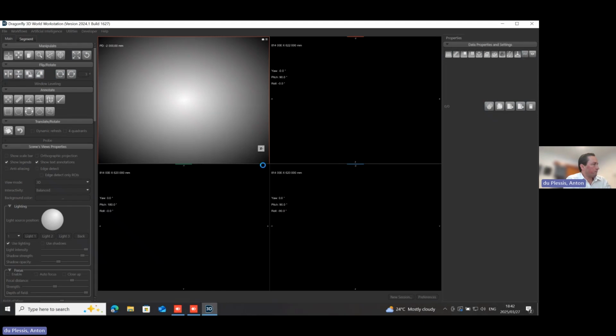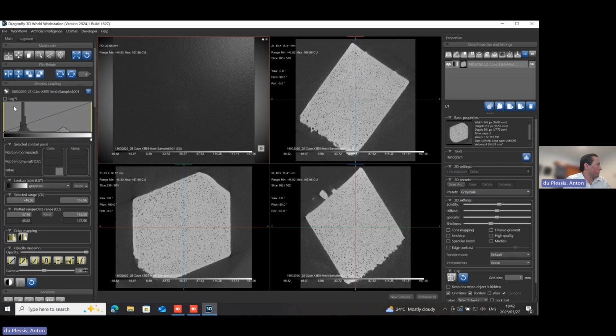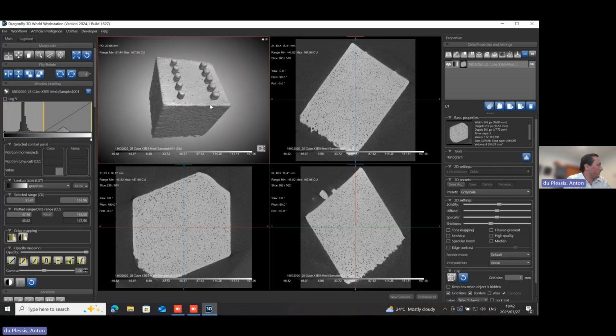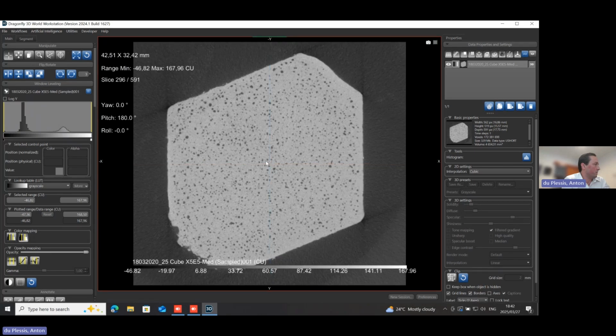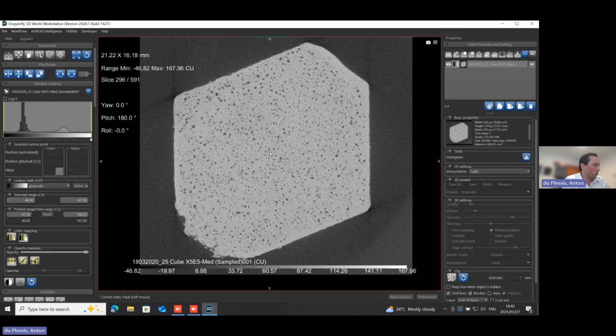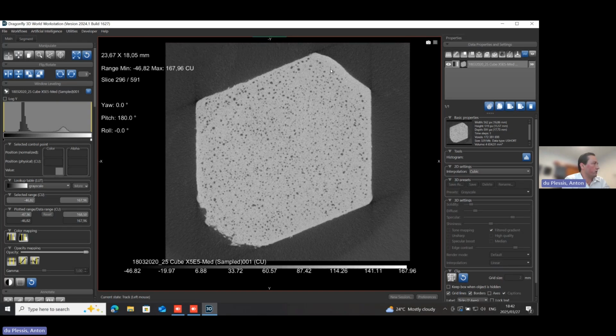This data set was part of a study a few years ago together with researchers at RMIT, actually. And this is the sample. It's a cube sample with some knobs on top and some really ugly surface at the bottom. And we'll just have a look at one slice here in the middle of the sample. Even though it's not turned upright, this is okay for this demonstration. We're only interested in segmenting these pores and demonstrating AI segmentation in this case.